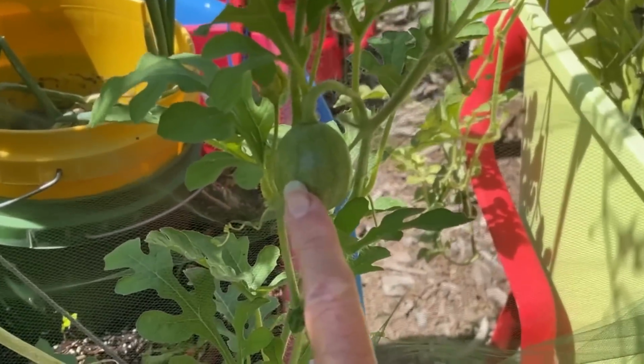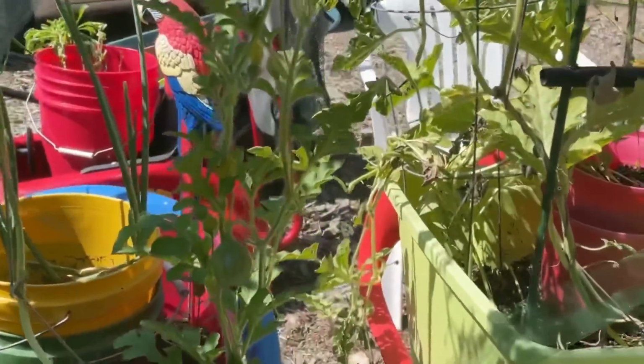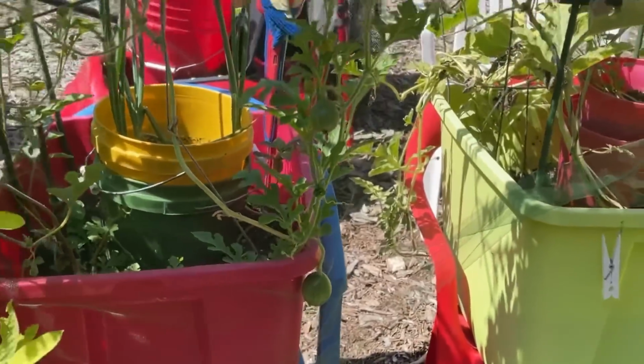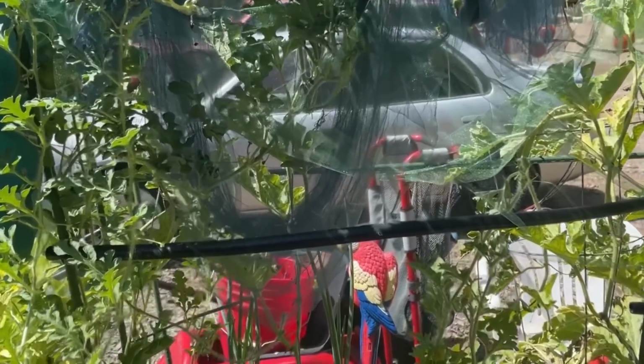I've had watermelon grow to size in 30 days, ready to eat. So since the plant is well established, the watermelon shouldn't be a problem. So in about 3-4 weeks, we should have some fruit ready to pick. Maybe even sooner, because it's amazing how quickly some of this can grow. Whether we'll be able to triple crop, I don't think so, but I am very ecstatic to be able to